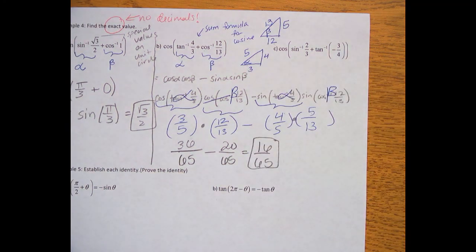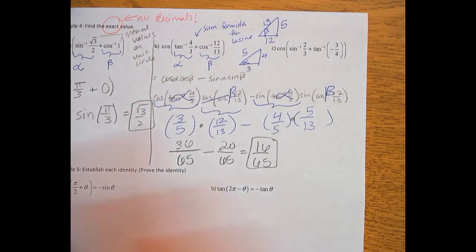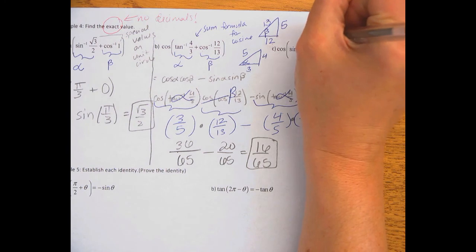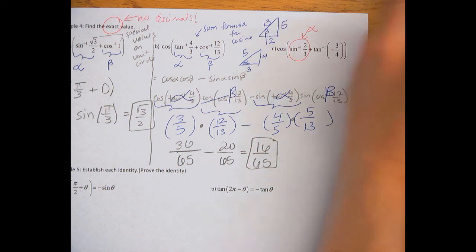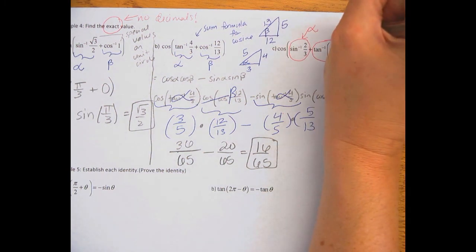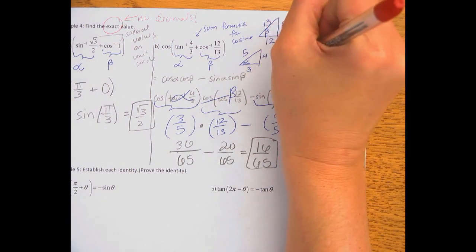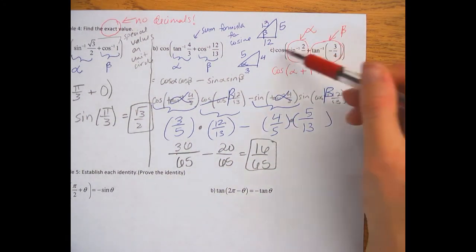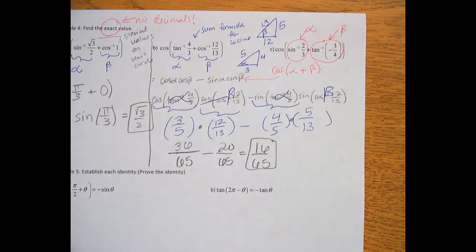Okay. Then for the last one, I ran out of room. So first I'll start it on this side, then I'll finish it on the back. So again, we have to recall that this quantity is an angle, we'll call it alpha. And this quantity is a different angle, we'll call it beta. And I'm basically taking cosine of alpha plus beta. It's adding two angles inside a cosine function. So I'll go ahead and use that same identity that I used in part B, cosine alpha cosine beta minus